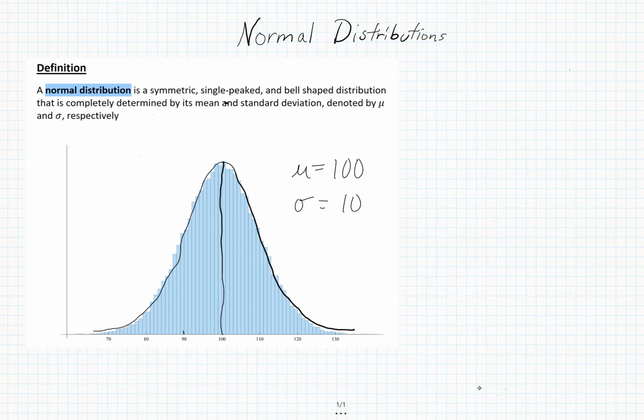So one standard deviation to the left would be 90. That's appearing right here. And one standard deviation to the right, once again, don't let your eyes fool you, that's my best attempt at a straight line. So that's 110. Moving two standard deviations to the left would be 80. Two standard deviations to the right would be 120 because you get 2 times 10. And so on and so forth. You get 70 would be 3 standard deviations to the left, and 3 standard deviations to the right would